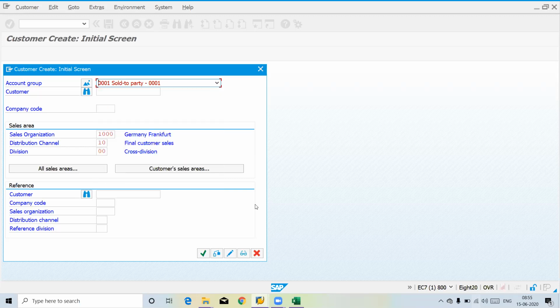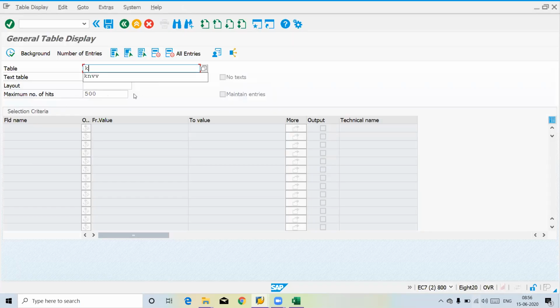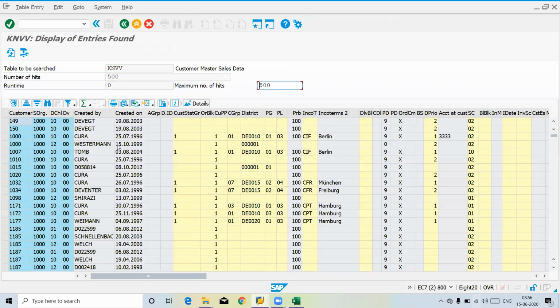Let me try to check the tables with existing data. Someone might have changed it. One moment. Go to KNVV. This is the table for your customer master data, sales data. Just give the sales organization. You just take any one of the customers.